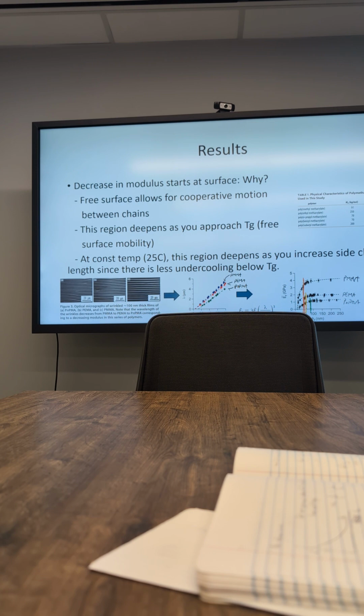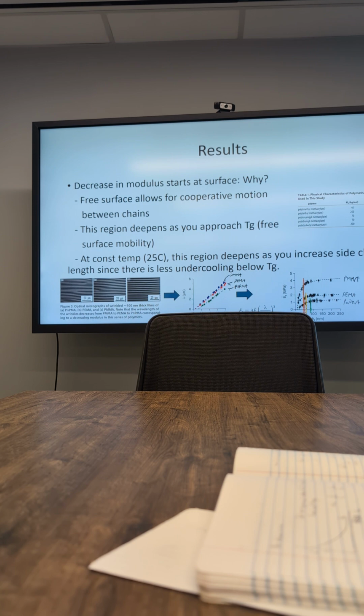So as you approach the glass transition temperature for these materials, this region just deepens within the thin film. Say you have a film that's 100 nanometers; the thickness at which you see the effects at 30 degrees of undercooling can be like 80, whereas at like 5 degrees of undercooling, it'd be like 40, right? That's what they're trying to tell you here with all these graphs, and along with that, they have